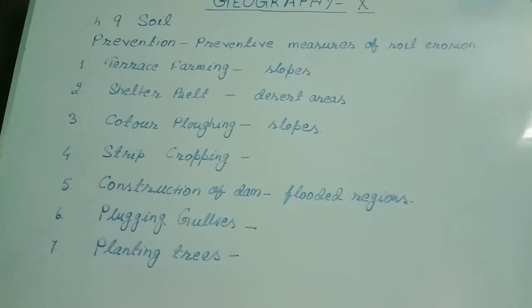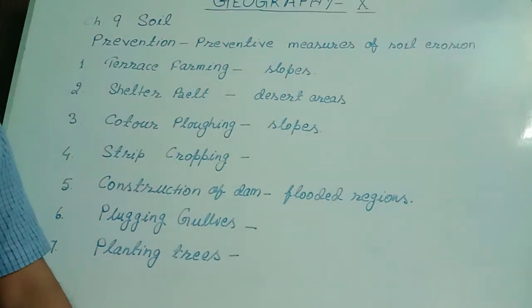Number 1 is terrace farming. The terraces are made on the hilly slopes by cutting the soil so that the slantation of the slope should be reduced. As the slantation is reduced, there will be less soil erosion on the slope,